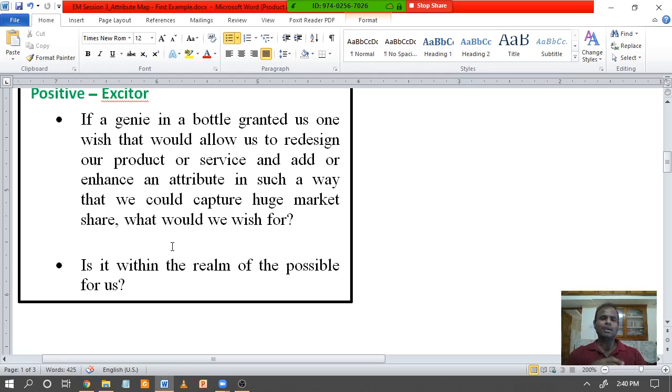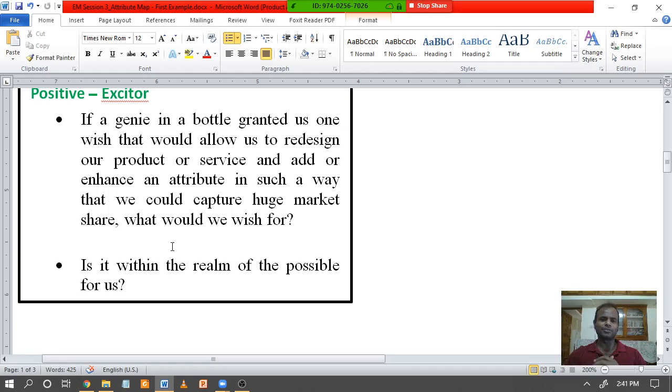Okay, as I gave an example in the last class, Honda cars were super selling cars in the USA from 1985 to 1988, and just for one reason: they had a cup holder integrated with it. It was not because of the engine quality or aerodynamics and all, which all the other cars were actually trying to compete with. But Honda cars were most preferred by office goers just because they had a cup holder. Now, can there be one exciting factor that you can add with your product which will make your product sell like hotcakes?